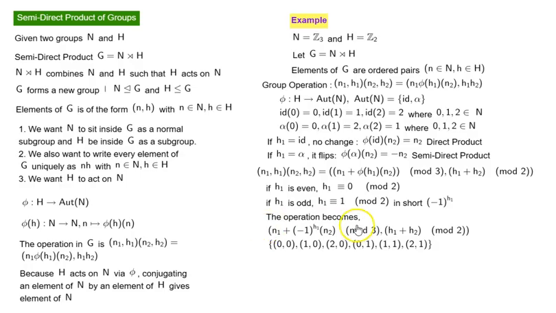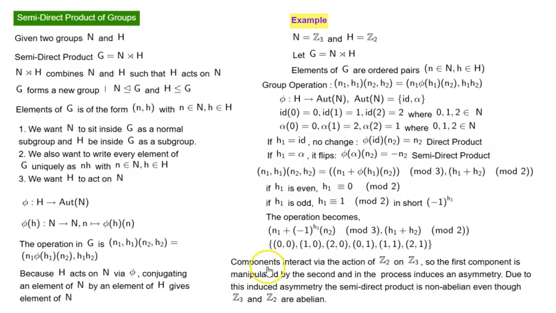So the operation becomes N1 plus, instead of writing phi of H1 of N2, we can directly say minus 1 to the power of H1 times N2 mod 3, and H1 plus H2 mod 2. So if we substitute the values of Z3 and Z2, we get (0,0), (1,0), (2,0), (0,1), (1,1), (2,1). So G will contain these